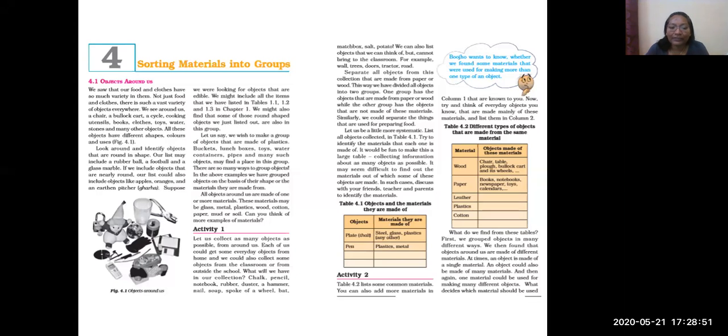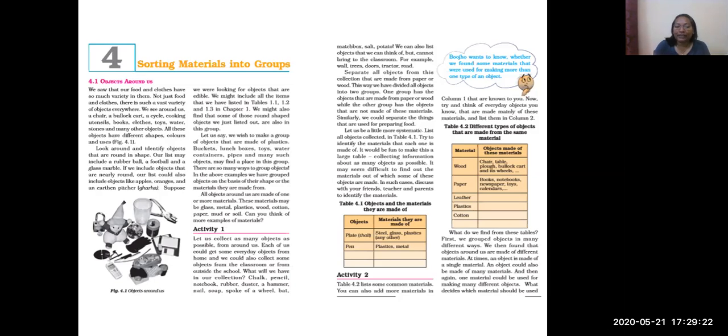Objects around us, we see different kinds of objects. If you look in the room in which you are staying, you will see different objects around you. Yes, and we can identify all of those objects according to their characteristics. You can think about color, or when you touch it, whether it is hard, soft, and so on. So different. This page of the NCERT textbook tells us about the variety of things that are around us,